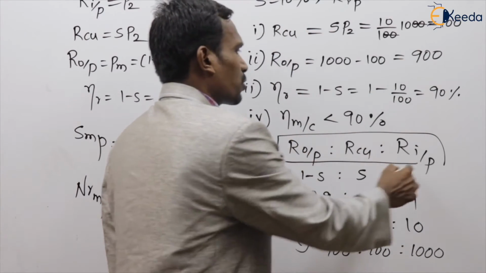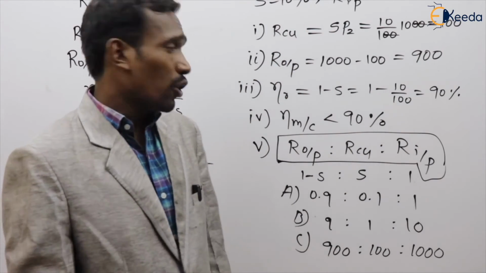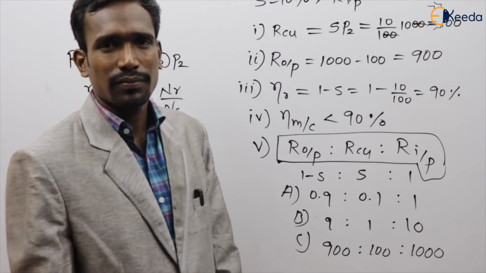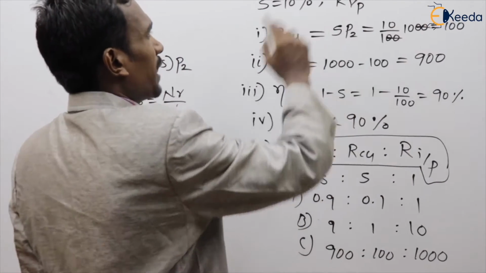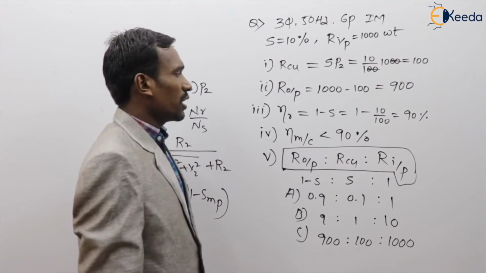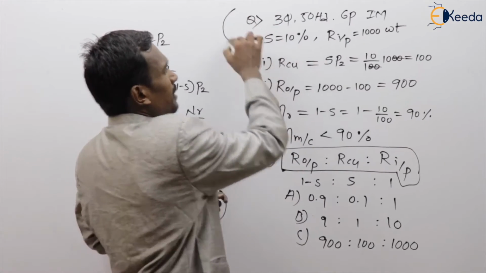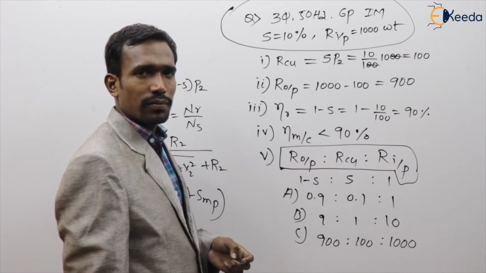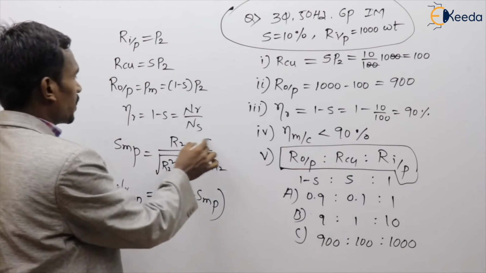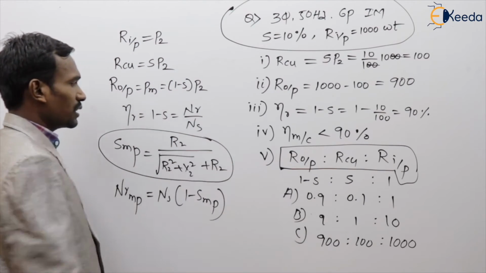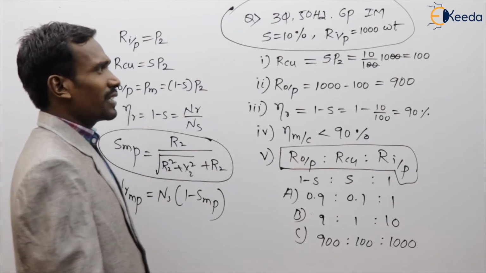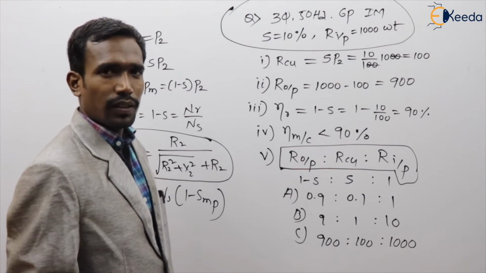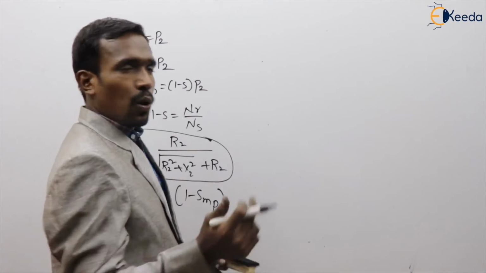Based on that you have to take the ratio. Don't remember simply 1 minus S; they may ask in any way. This is the question on power equations. For this statement I have given you 5 problems. Next one, based on this is also very important. Based on this we have to go. Take the next question. It's completed.